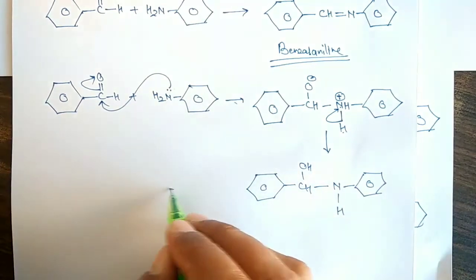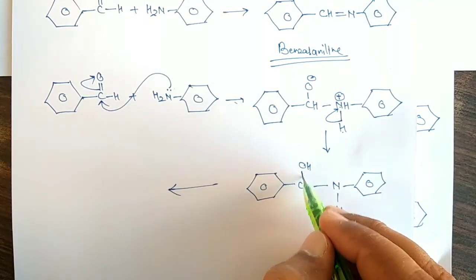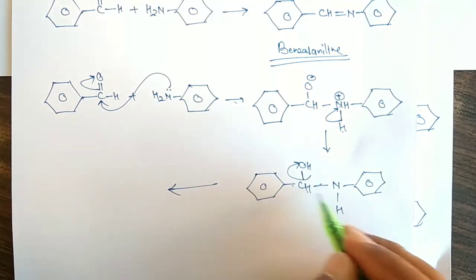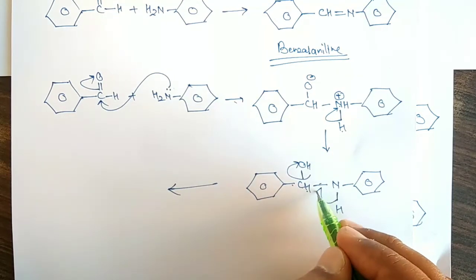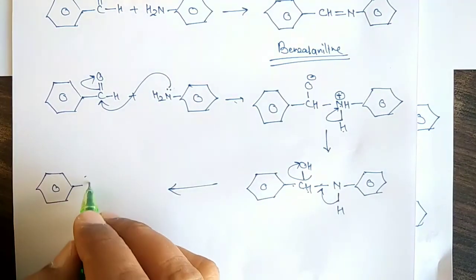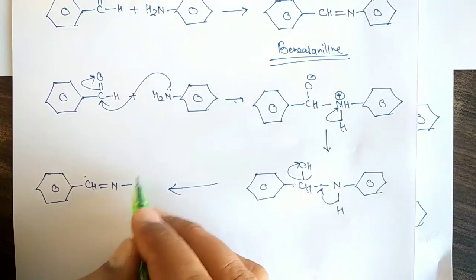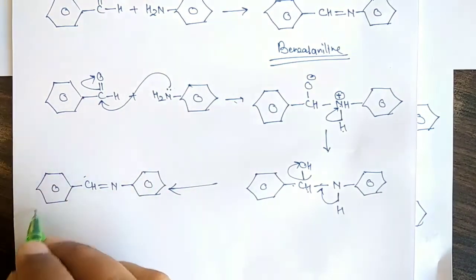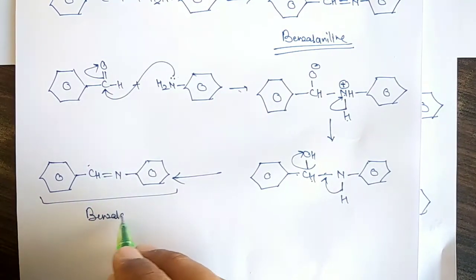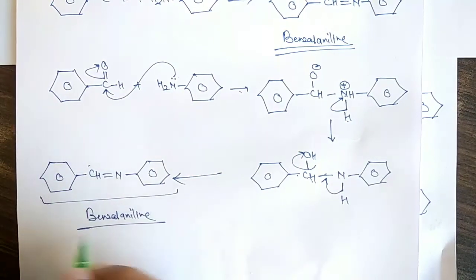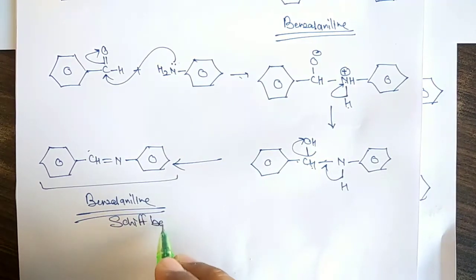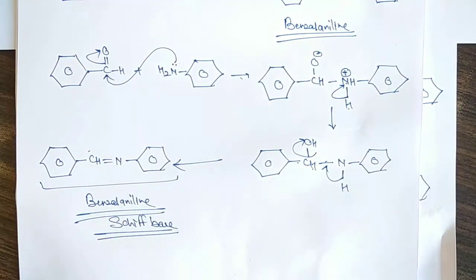Now the last step is left here. This is the OH. This OH will leave from here in the form of OH negative. Therefore the carbon's valency will be left 3, 1 2 and this 3. In order to satisfy this valency, this bond will shift here. So therefore what we will get here, we will get this one CH double bond N, and here is this one, and this is called benzyl aniline, which is also a Schiff base. So this is the complete preparation of the Schiff base and the mechanism.